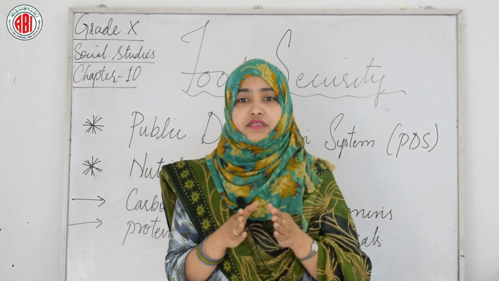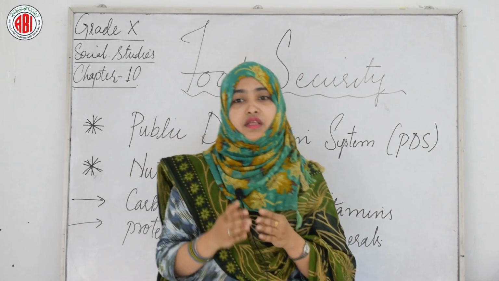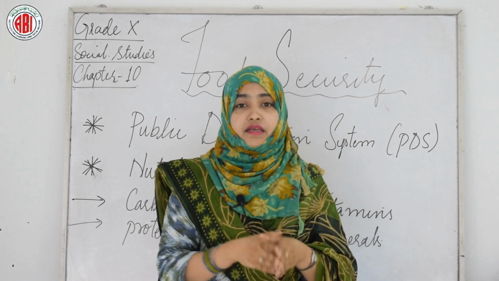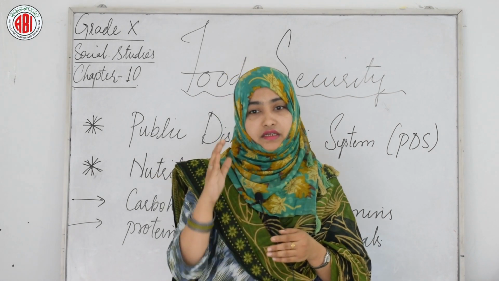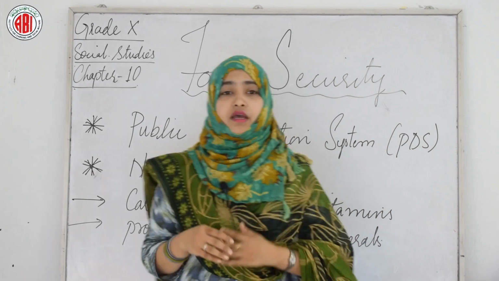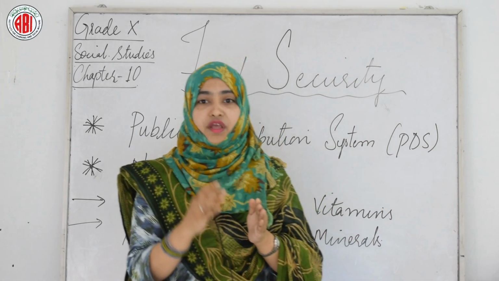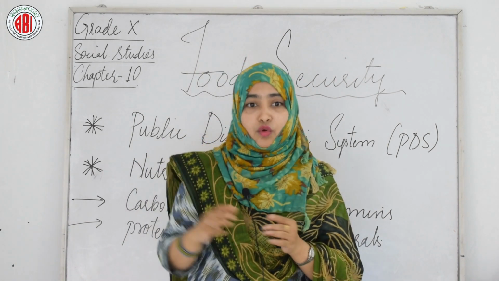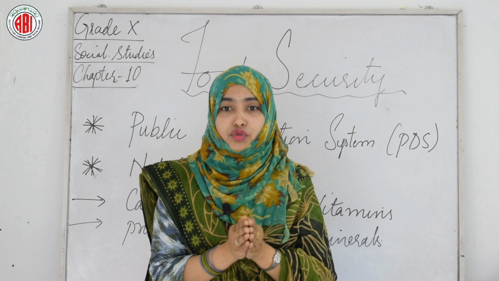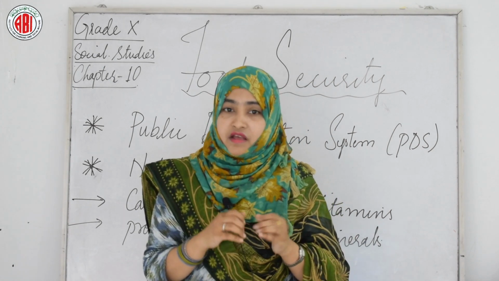Here the nutrition status among adult men and women is measured using the body mass index, that is BMI. BMI is equal to the weight in kilograms divided by the height in meters squared. Here this index is compared with the range to show if the individual is underweight, within the normal range, or overweight. A high value shows excess fat and a low value shows the fat level is less than